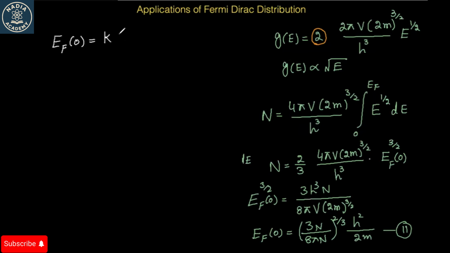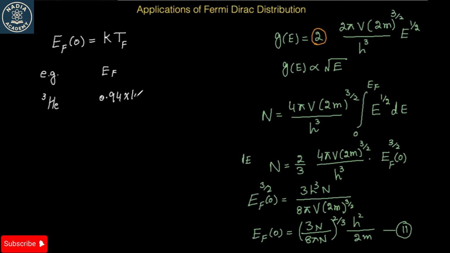So k is the Boltzmann constant times temperature. So this is for the Fermi energy, and we will call it the Fermi temperature. Now, for example, we have helium gas, so it is a molecular gas. So it has a Fermi energy of the order of